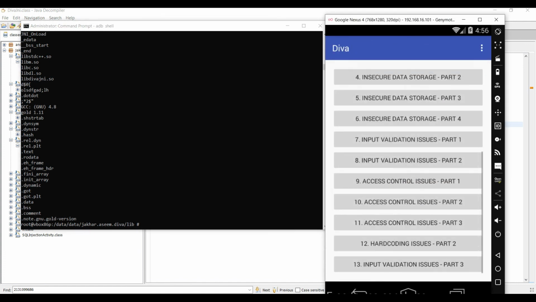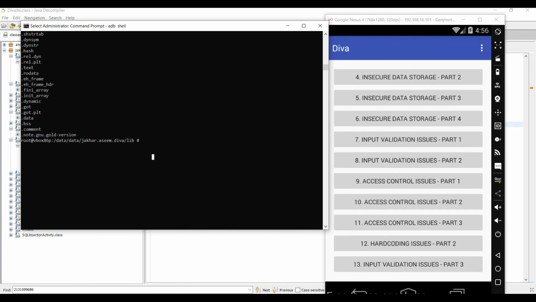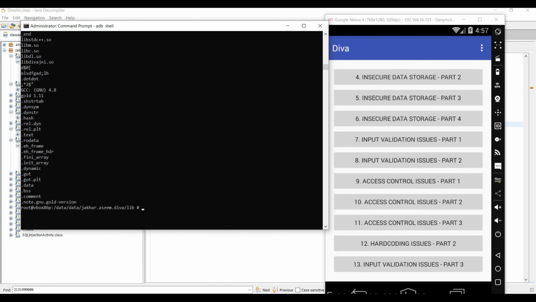So this is a difficult one, but what we can do is, if we use objdump or something like that, it will directly show you the string. But I'm using this Windows, and inside this Windows I have not installed this thing. Anyhow, I have previously used this application, so I know which is the exact string we have to copy. So this is the exact string, or else you have to use objdump, read the data from there, and it will show this thing. So this is the thing you have to look for.